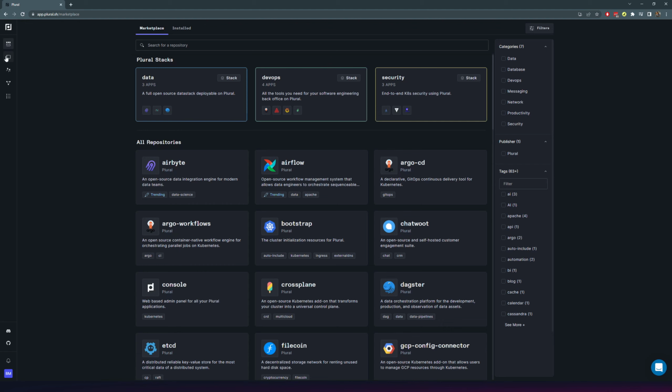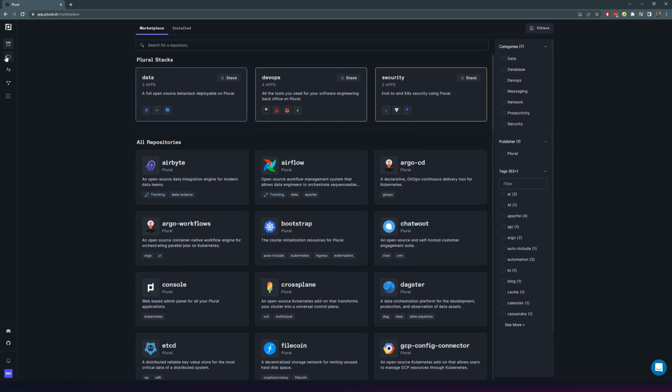A Plural Stack is a collection of applications that can be deployed on Plural, but have been bundled up for ease of installation. We have specifically curated 3 stacks to be installed into anyone's Plural cluster, but we also have a functionality for people to choose and create their own stack at the beginning of our onboarding experience. So I'll be going through that onboarding experience today,